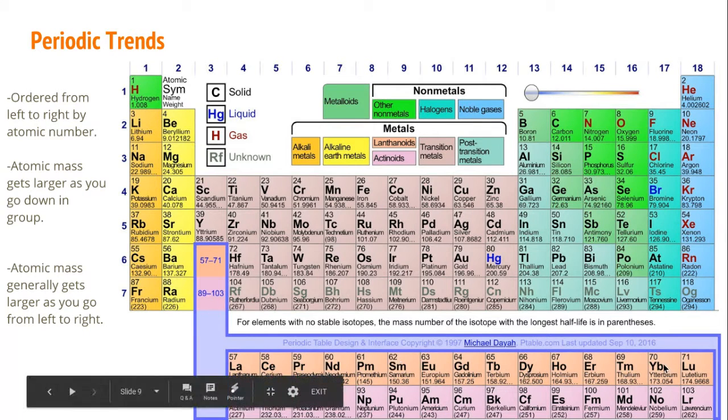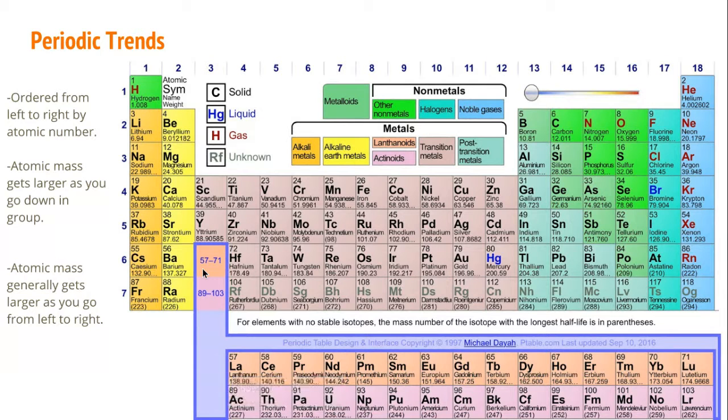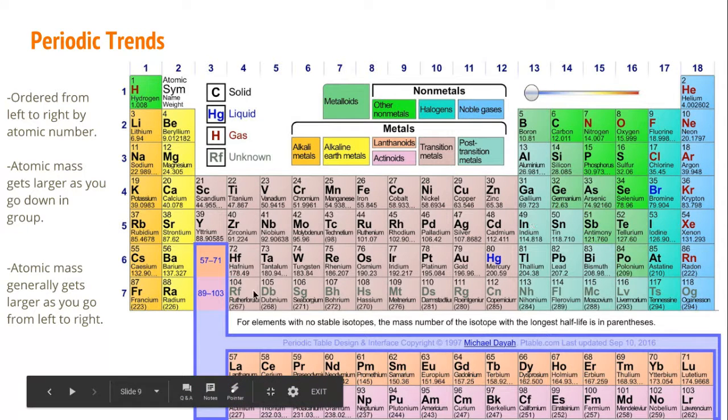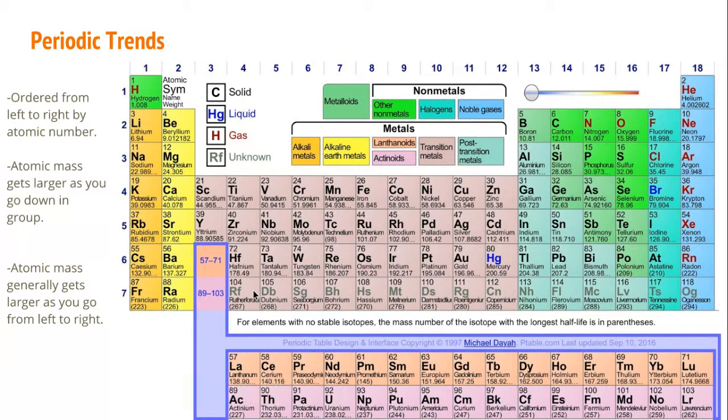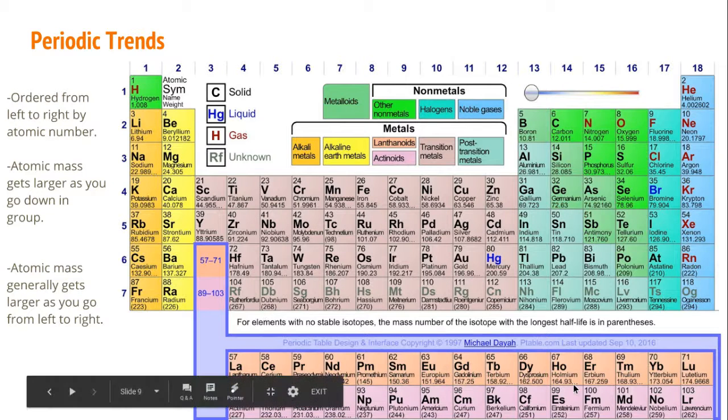And then we didn't mention this guy down here. These are our lanthanides and actinides. Those are our very radioactive elements. Most of the time we pull those out of the periodic table. They actually all belong right here. And that would make this whole periodic table much longer than it is, and it wouldn't really fit on the screen very well. So we usually pull it out to the bottom and just put them down